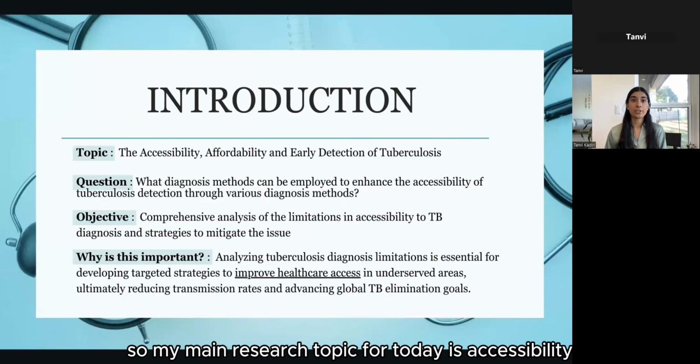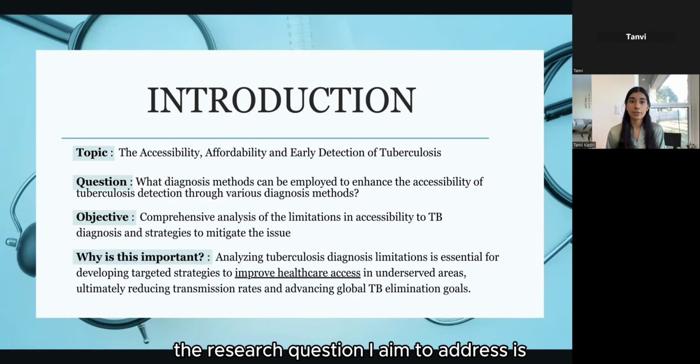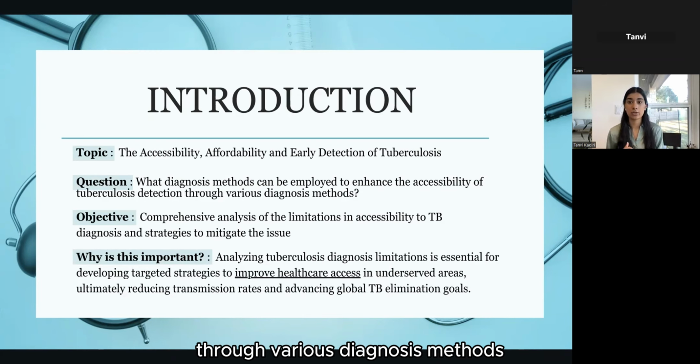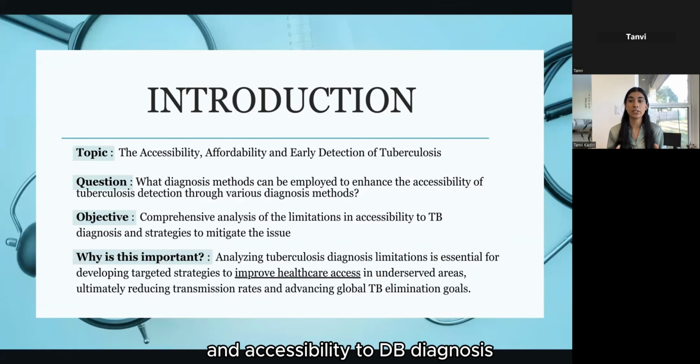So my main research topic for today is accessibility, affordability, and early detection of tuberculosis. The research question I aim to address is what diagnosis methods can be employed to enhance the accessibility of tuberculosis detection through various diagnosis methods. I answer this question through a comprehensive analysis of the limitations in accessibility to TB diagnosis and strategies to mitigate